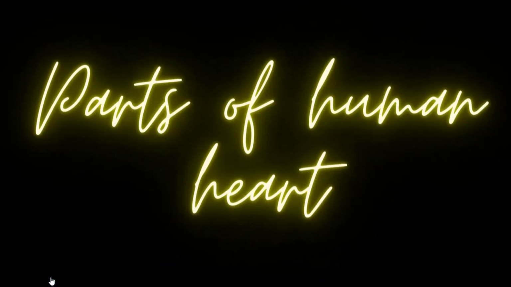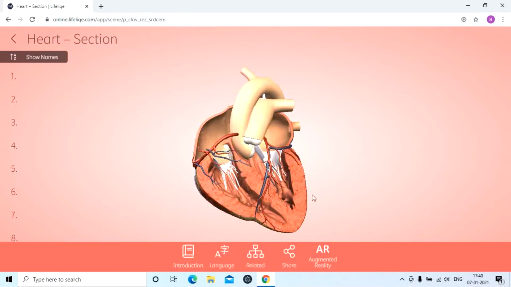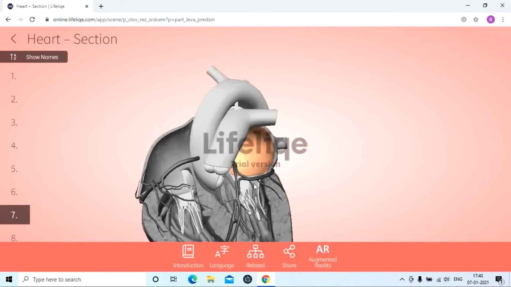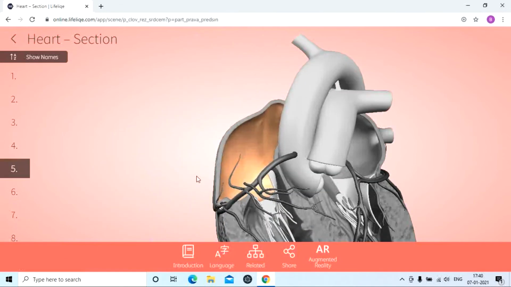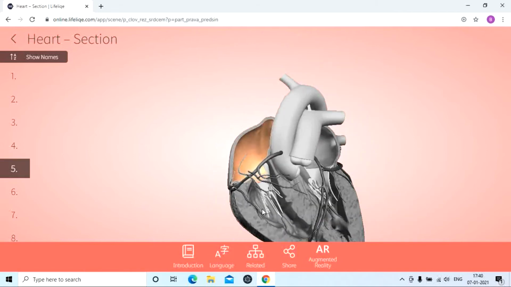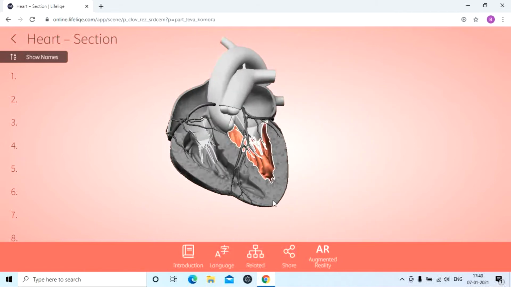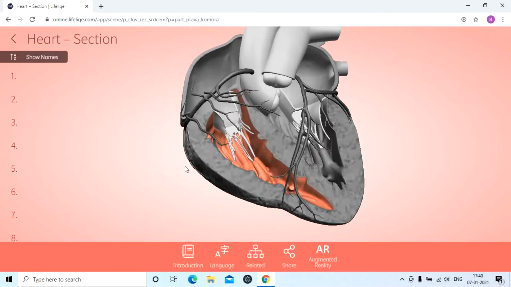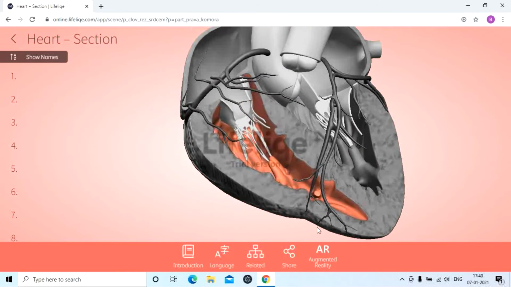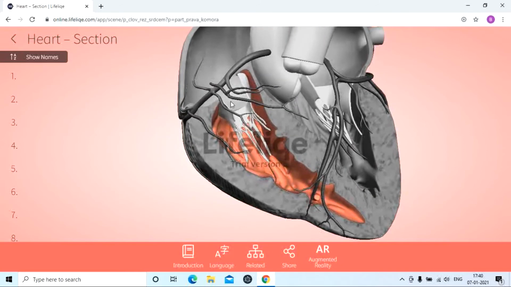Now parts of a human heart. This is the section of the human heart. It generally consists of 4 chambers. This is the right atrium. This is the left atrium. This part of the heart is the right ventricle, and this part of the heart is the left ventricle. And